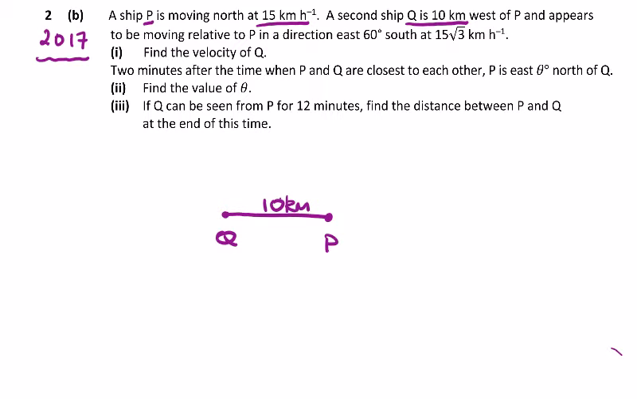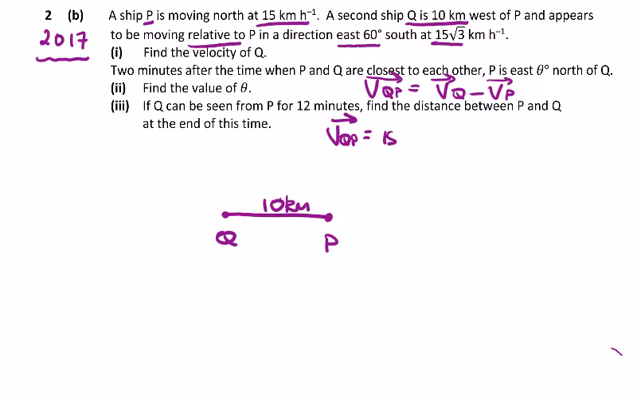and a second ship Q appears to be moving relative to P, so the velocity of Q relative to P, which we know is the velocity of Q minus the velocity of P, and the relative direction is 60 degrees east, 60 degrees south at 15 root 3 kilometers an hour. So velocity of Q relative to P